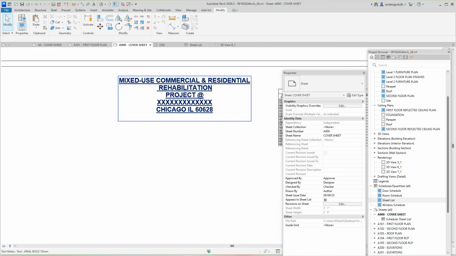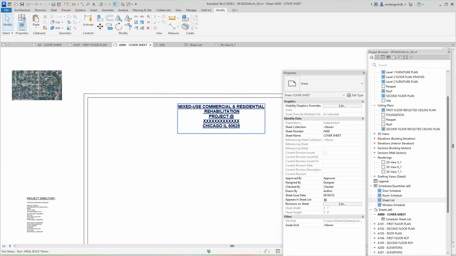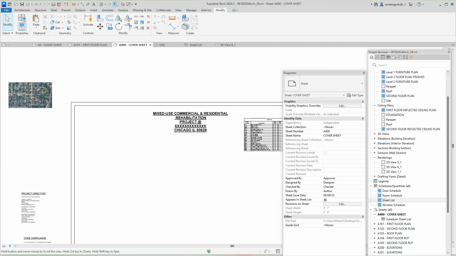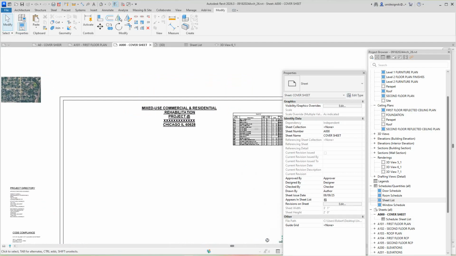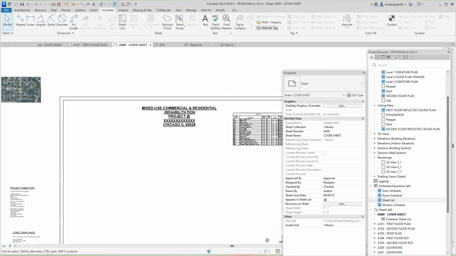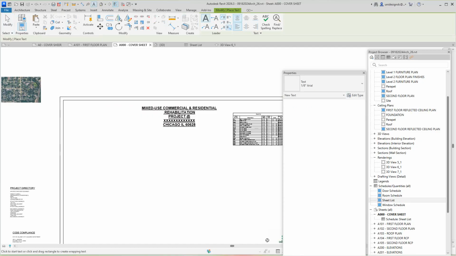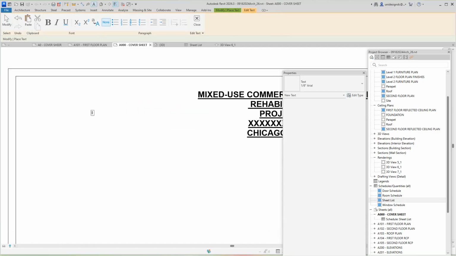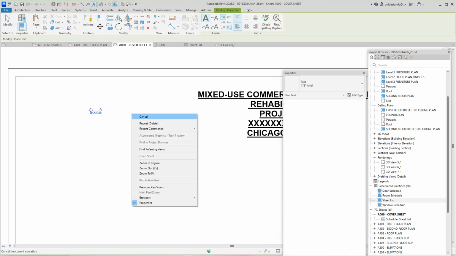text that we've added here. And it's just a matter of adding text. I copied some text from other projects, but text is pretty simple. We just go to the Annotate tab, and we go to Text, and here we can place our text here. And this is 1/8 inch, so I'll go XXXX, and then we can change the size by